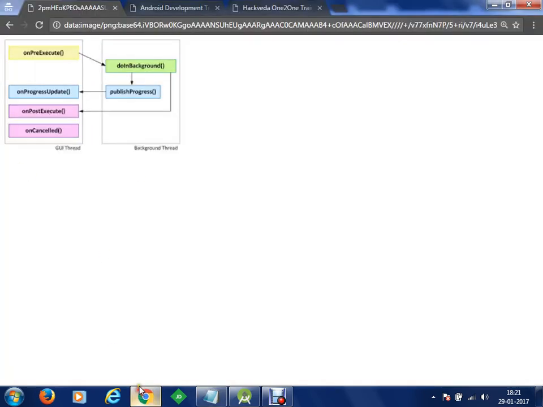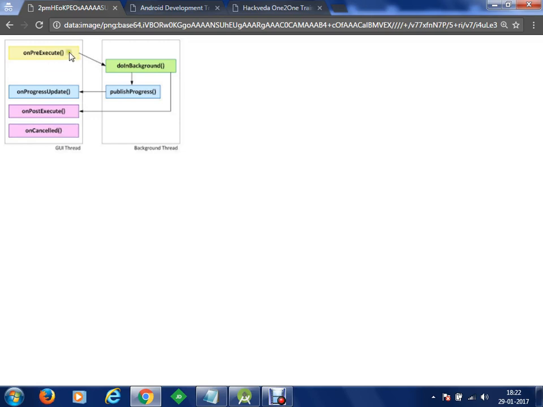So if I get back to the image here, you can see that once we execute the long operation in doInBackground, we are going to publish the progress. This published progress will give progress data to a method known as onProgressUpdate, and this onProgressUpdate will give data to onPostExecute or onCancelled, okay? In case the execution has been completed successfully, you will get the results in onPostExecute. In case this operation failed or was cancelled, then onCancelled will be executed, okay? Let's say if you are performing a long operation and a user presses something like, I want to cancel this operation. So at that moment, onCancelled will be called and your doInBackground will be closed.